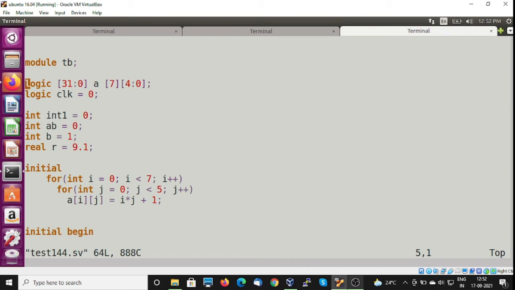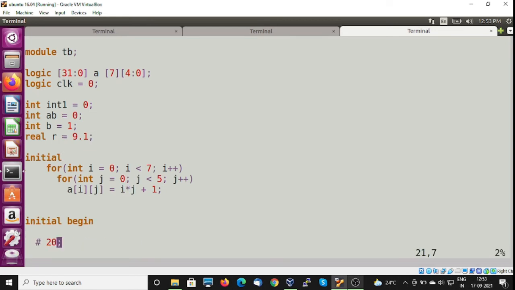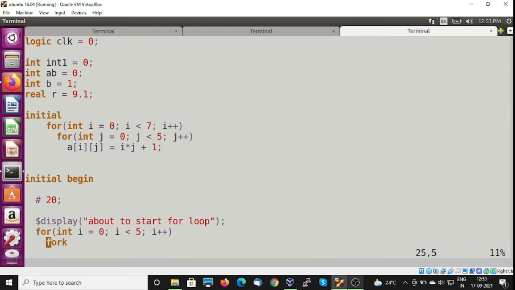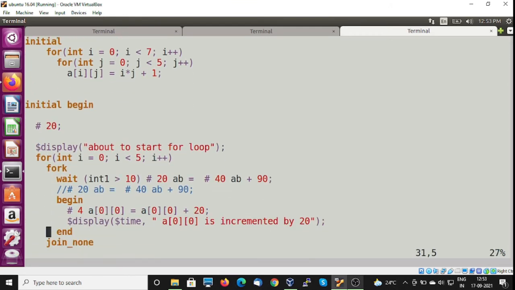It has defined variables like a is a variable of logic type with dimensions like this, and there are few other variables here, and it is running incrementing a for various dimensions with some value and then displaying it here.